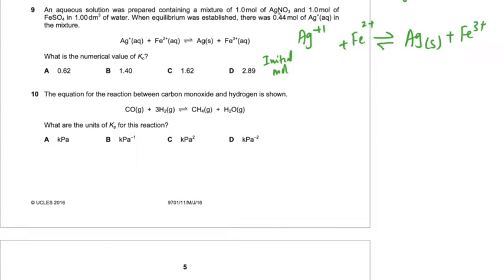AgNO3. In AgNO3, silver has plus 1 charge. So initial mole of AgNO3 is 1. And in iron sulfate, FeSO4, iron is 2 plus, and there is 1 mole of iron sulfate. So the initial mole of iron 2 is also 1, and the silver and iron 3 are 0 and 0. Before starting the reaction, silver would be 0 and iron 3 would be 0. At equilibrium,